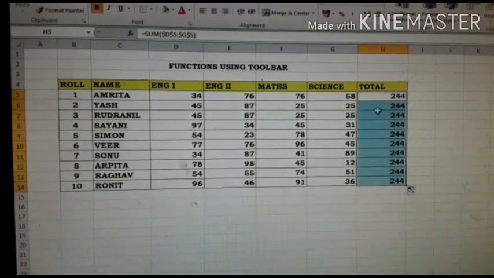These cell addresses are becoming absolute cell addresses, so they have been fixed. Is it okay? So whenever we put the dollar sign in front of the row or column address, the cell address will become fixed.